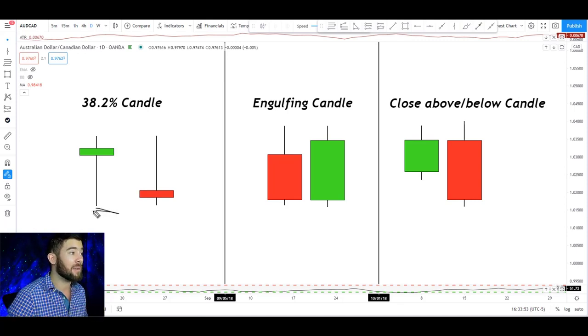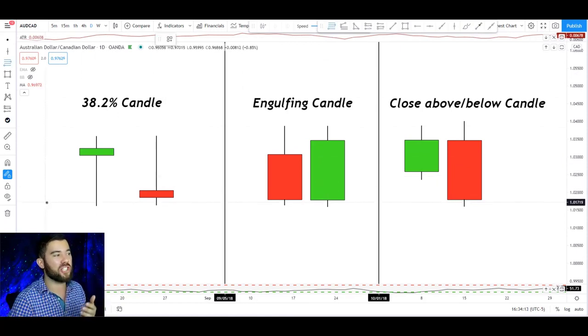Buyers came in and took control, pushing us all the way back up near the highs. This is a huge bullish sign for me and a reason to expect bullish pressure afterwards in any particular market. The reason it's called a 38.2% candle is because in order to objectively identify these candles, the only thing I